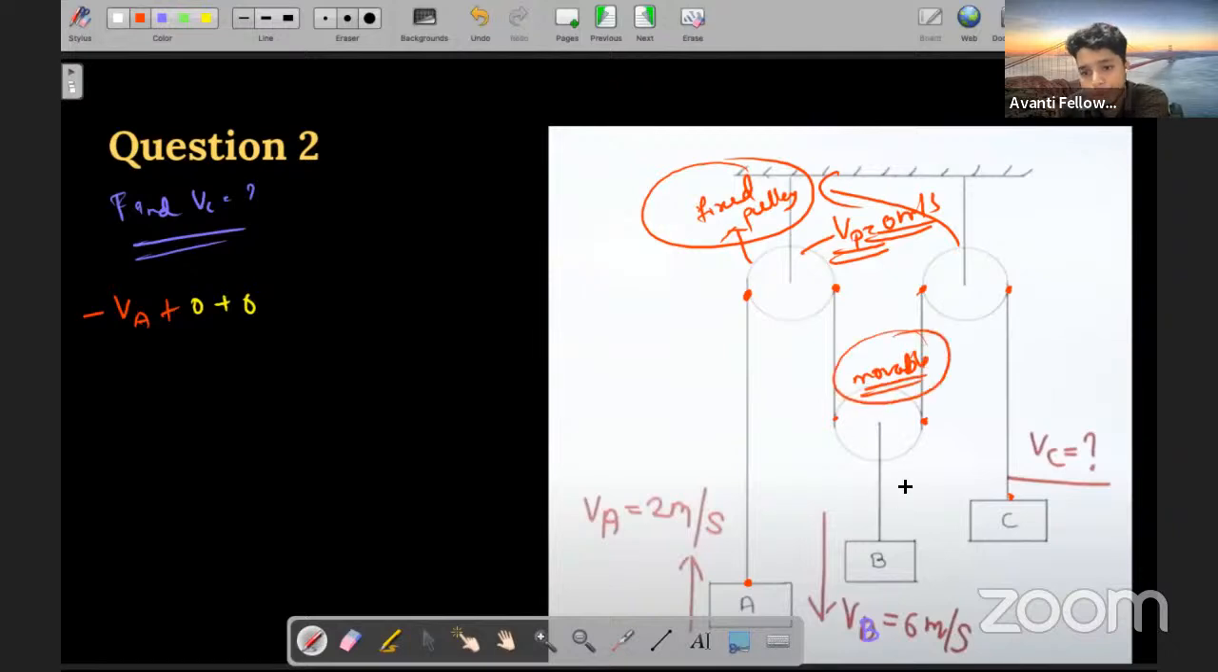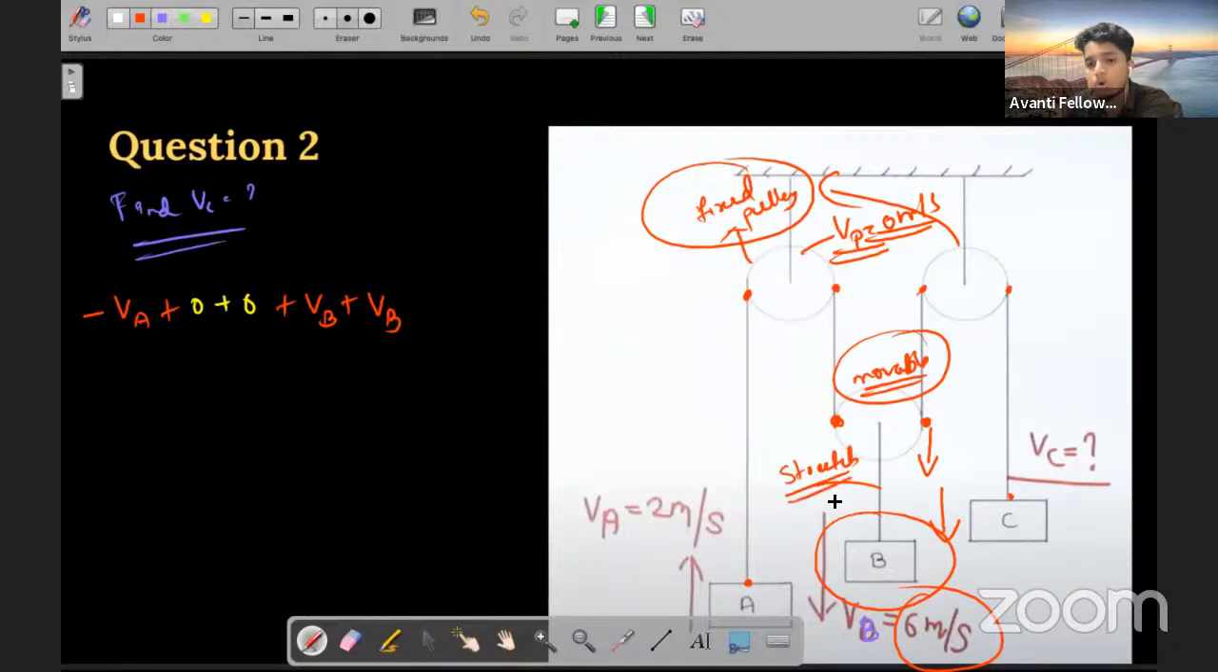Now this movable pulley is attached to a mass. If this mass is trying to move downwards, then students, this pulley will also try to move downwards. Yes or no? If that is the case, if I'm sitting over here and over here, this pulley will also be moving with velocity 6 meter per second. If that is the case, students, can I write VB plus VB? Yes or no? Because it is trying to